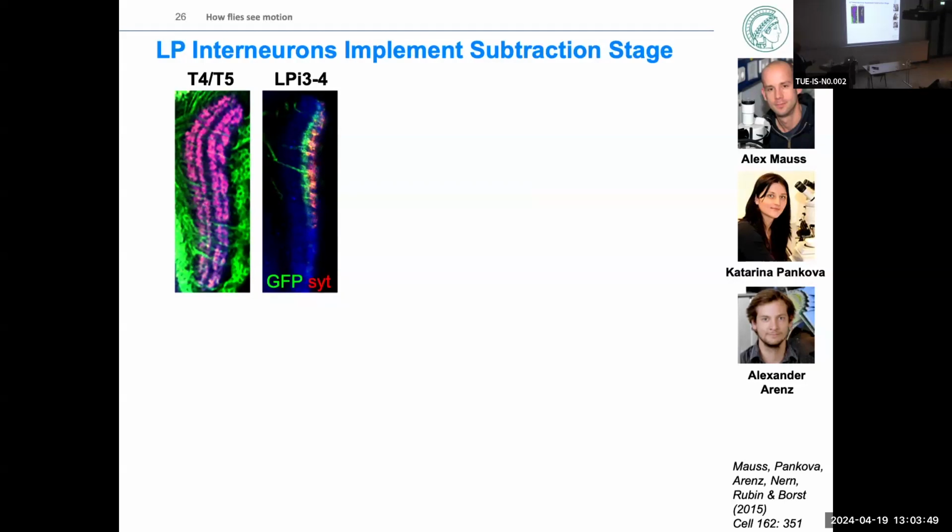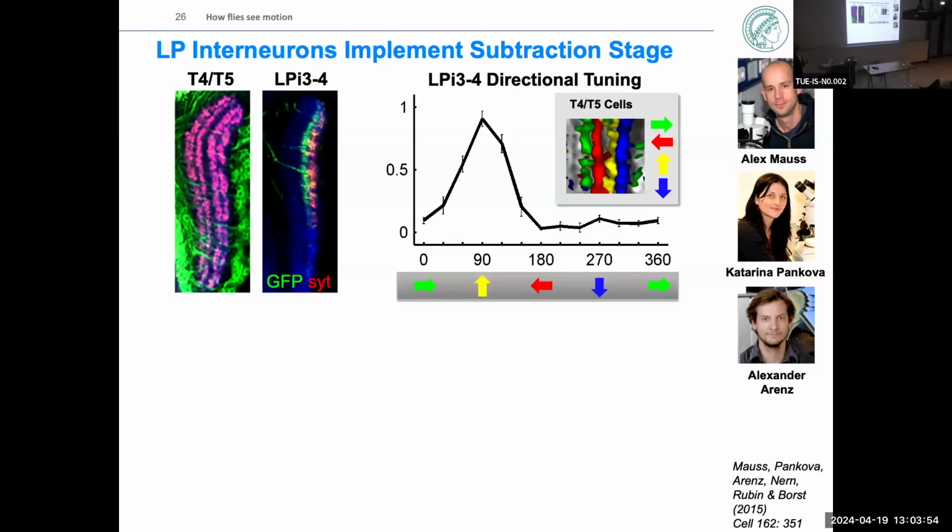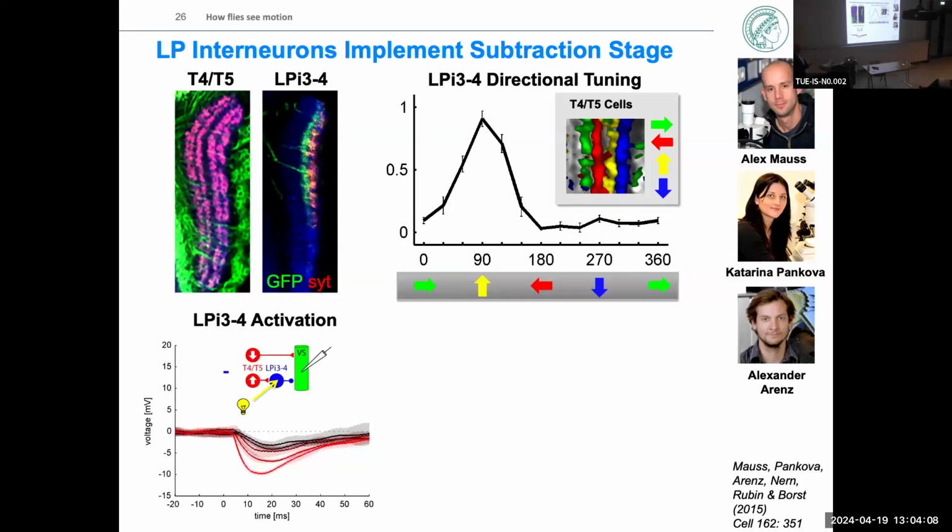And so Alex and Katharina and Alexander in the lab then did calcium imaging and found that this neuron indeed responds to upward motion, as it should if it receives the input in the 3rd layer, right? Now, Alex then stimulated these interneurons directly, optogenetically, and what he saw was a monosynaptic fast hyperpolarization. So these really are inhibitory interneurons. We meanwhile know they are using glutamate as a transmitter, and the GluCl alpha receptor is expressed on the dendrites